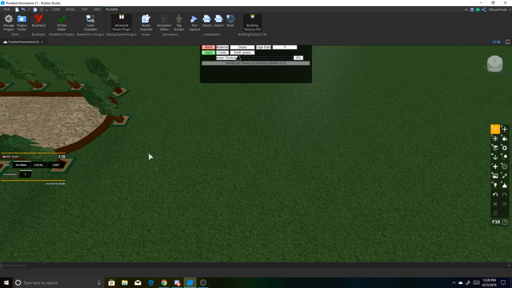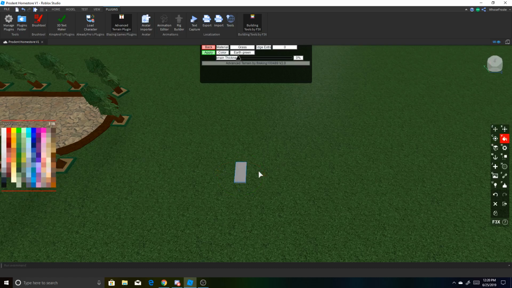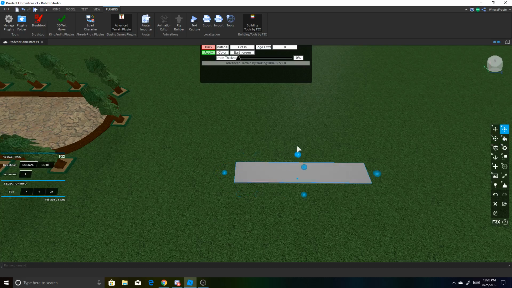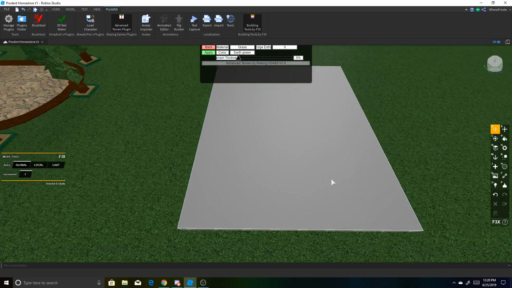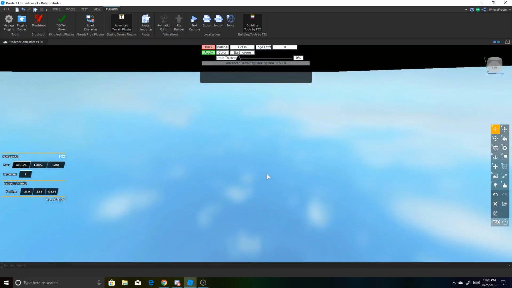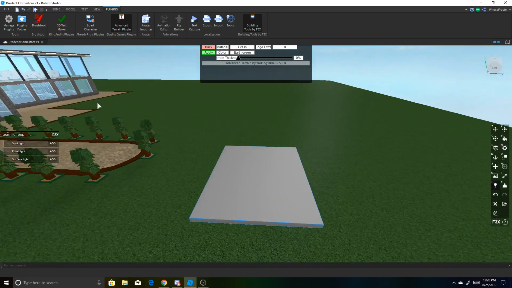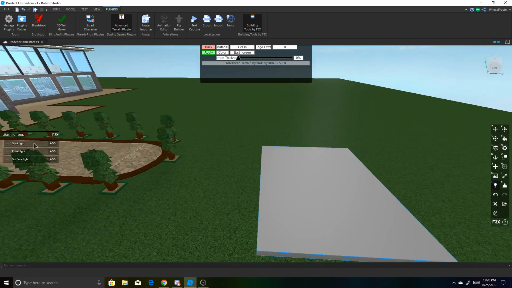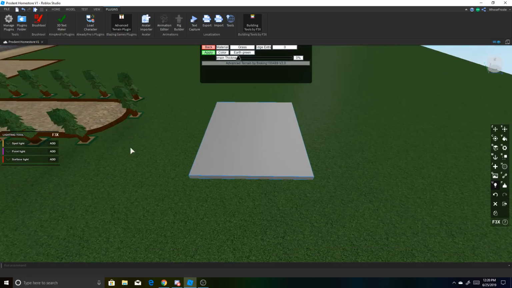So there's hotkeys. Basically, if you click J, it'll bring you to the new tool part, and X to resize, C to rotate, V to color, N for material. There's just a bunch. That's probably what I like most about it, and it's really fast, and it's just cleaner if you ask me. Also, it's pretty easy to add lighting, or, so you want to add,